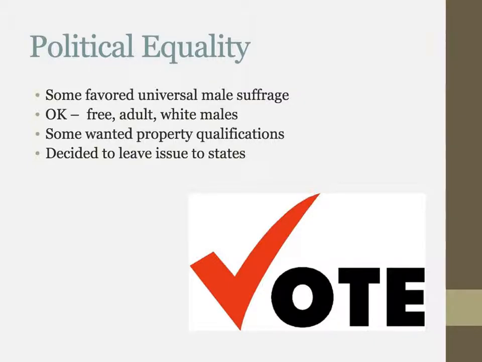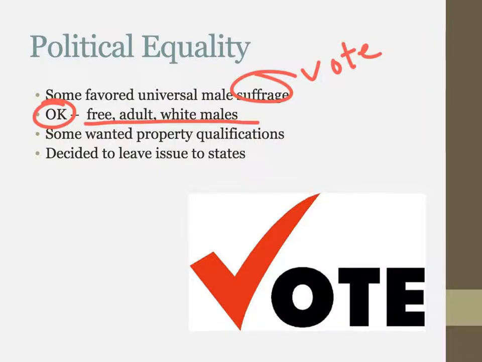They then tackled political equality. Like, what are you going to do? Who can vote? All of that. There are those who come out and say, hey, there should be universal male suffrage. And when we say suffrage, that equals the vote. So every male should be able to vote. And, let's be honest, they're really talking about free adult white males. No one's talking about slaves. No one's talking about children. No one's talking about free blacks. This is free adult white males. Oh yeah, no one's talking about women.